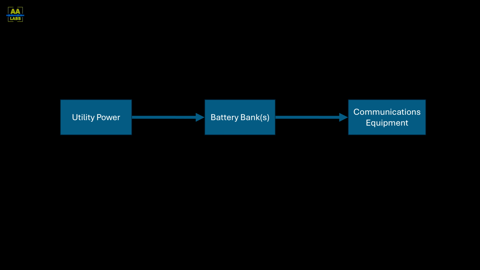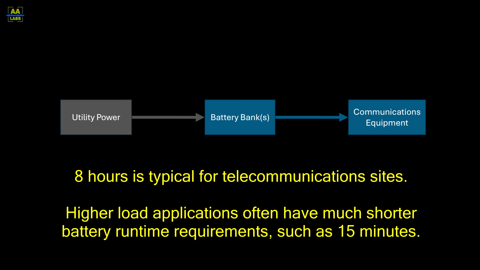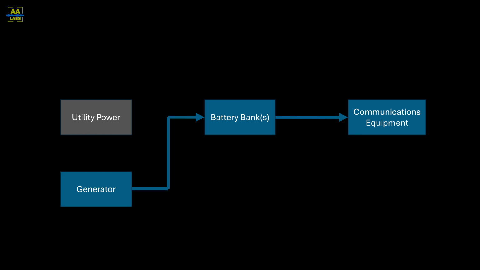Now, let's describe the general basic operating principle of many power plants. Utility power charges battery banks, which then supply power to the connected loads. Should utility power be lost due to an outage, the batteries are typically sized for about 8 hours of runtime. Should power not return soon enough, a generator can be turned on to start recharging the batteries and keep the equipment powered. In less critical environments, this generator may not exist or may be brought to the site on a truck when needed. In more critical environments, however, this generator will be on site and will start automatically after a predefined outage duration.